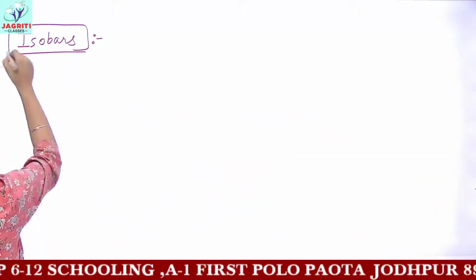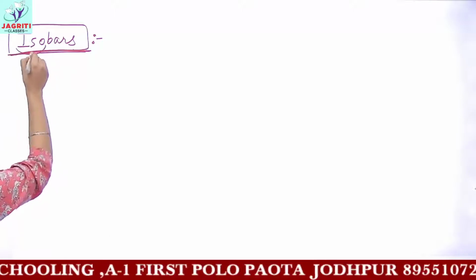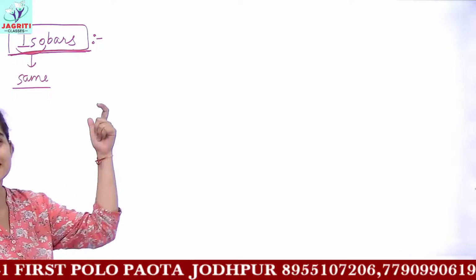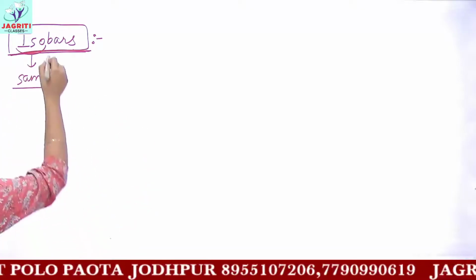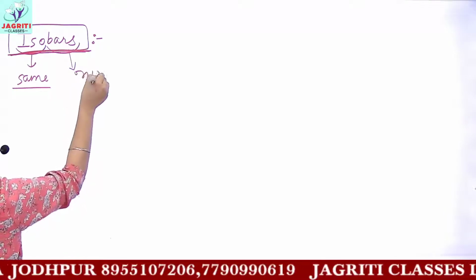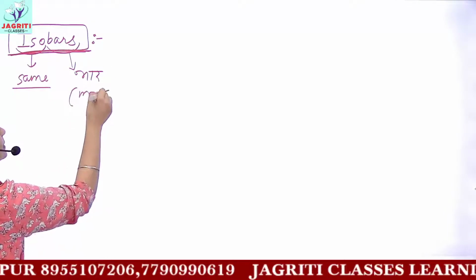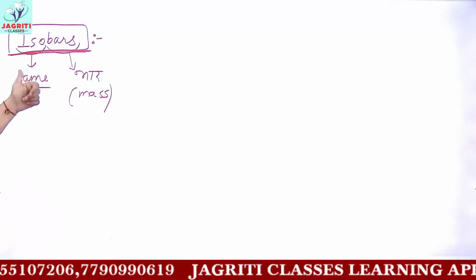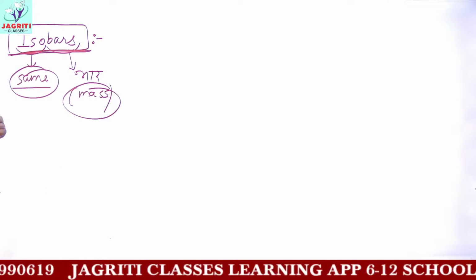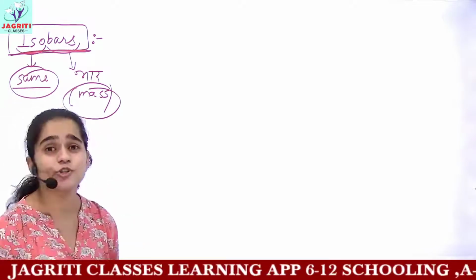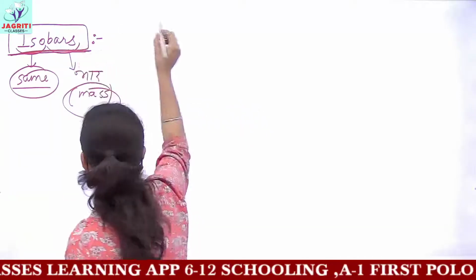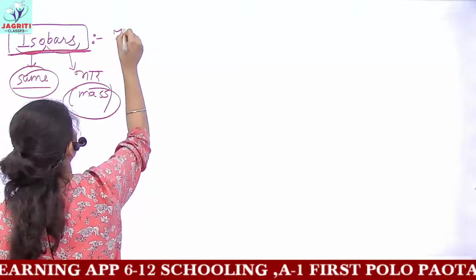So a short trick for remembering this would be, the term iso here means same. Okay, the term iso generally signifies same. And this bars, you can say the bar of any molecule, which means mass. So isobars are the elements which have same mass. This trick will be useful to you to remember the difference between isotopes and isobars. So we can write that isobars are the